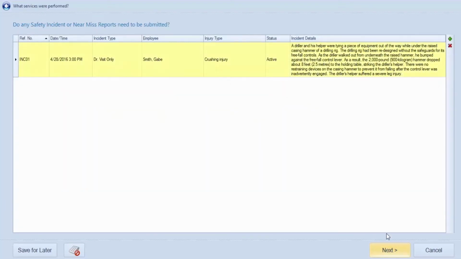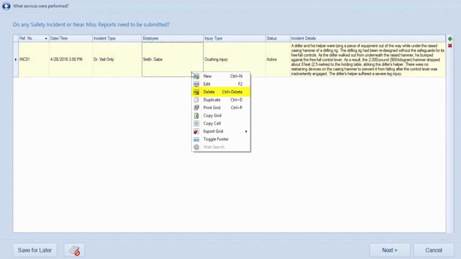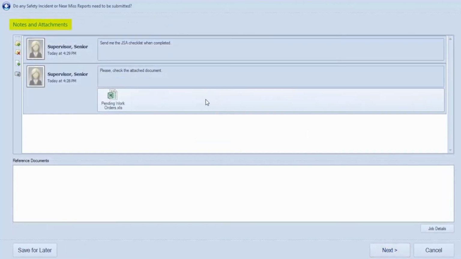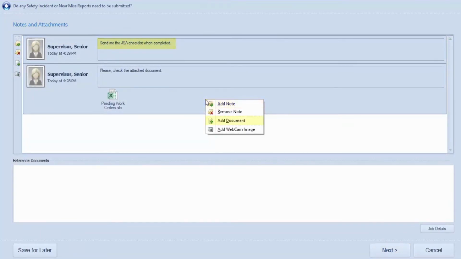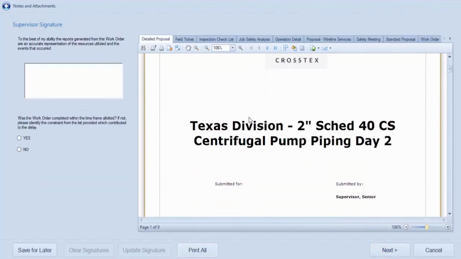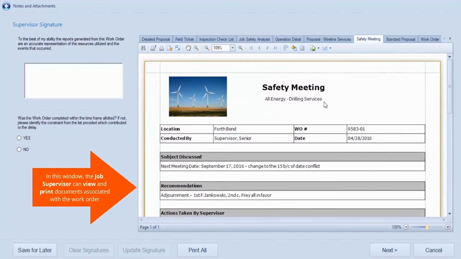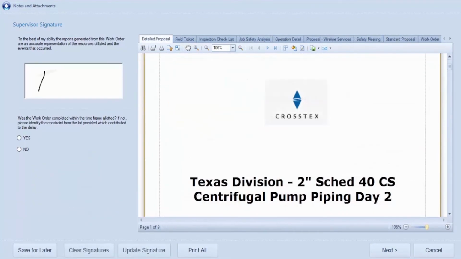In case of an incident, reports can be added, edited, and deleted in the subsequent window. The next window allows you to include notes in plain text, scanned copies of documents, and any other necessary files. The Supervisor Signature window allows the job supervisor to view and print documents associated with the work order. The supervisor's signature serves to enable the supervisor to check off on the accuracy of reports generated from the work